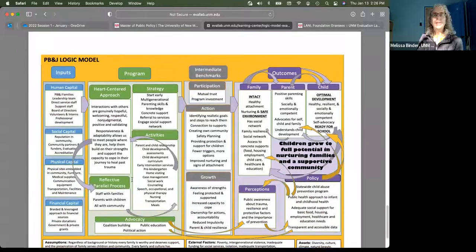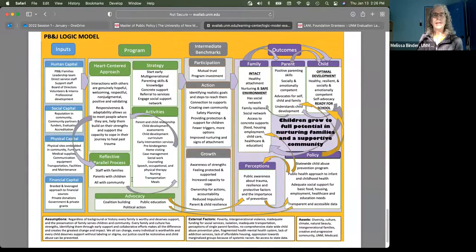And then this is a logic model for PB&J. And again, just to show you how different organizations see themselves differently, we've got all kinds of crazy arrows going all over the place. And that's because that's what made sense for this organization. We also see that activities, they also added their strategy, their approach. So the idea is that everything that matters needs to show up in your document. So you have access to those.